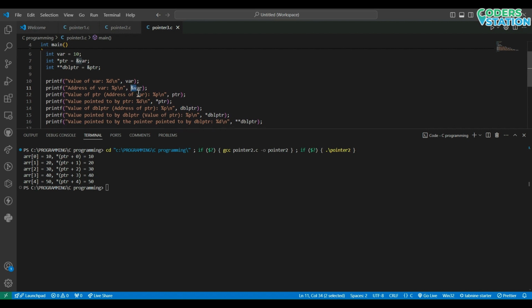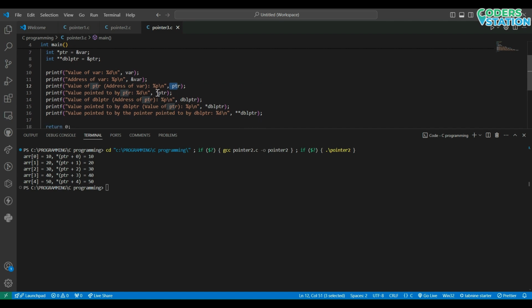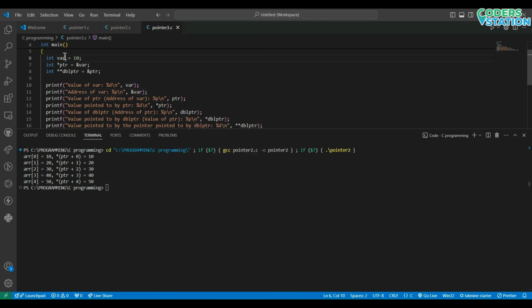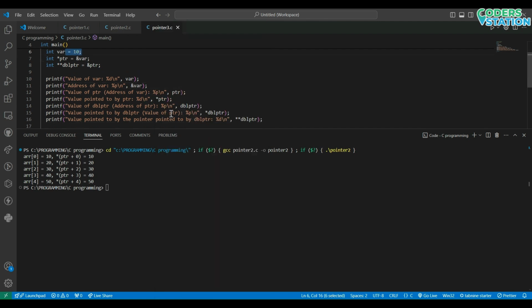Now we are going to print the value of ptr, which is the address of var, by just writing ptr. Then, after writing an asterisk before ptr, like we do while creating a pointer variable, it will print the value of var, which is 10.